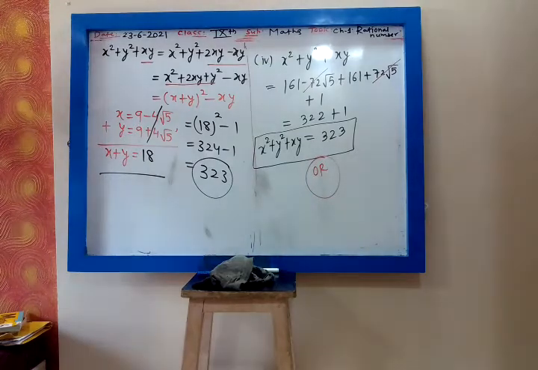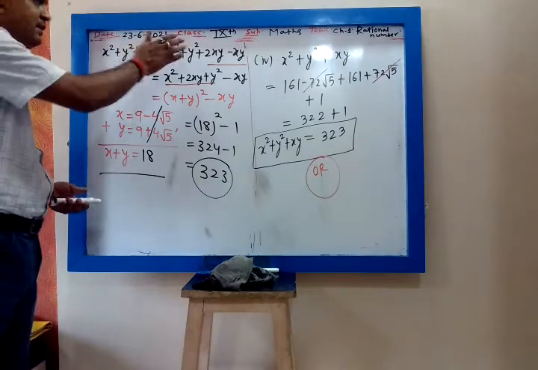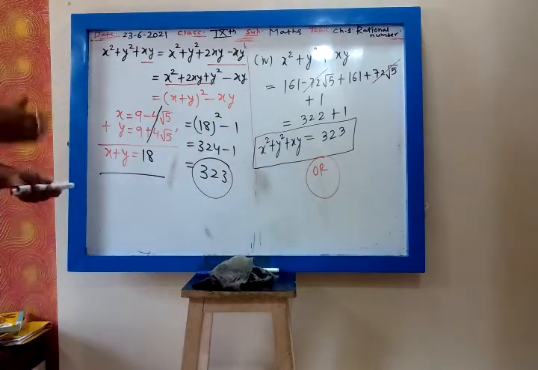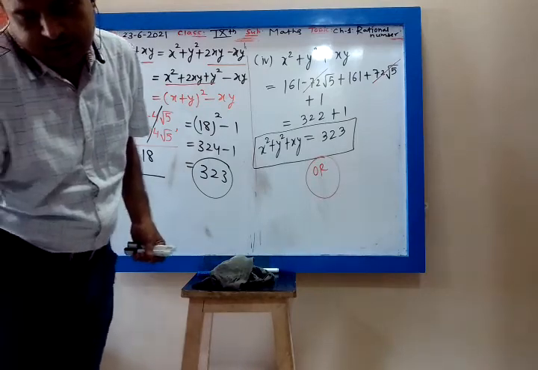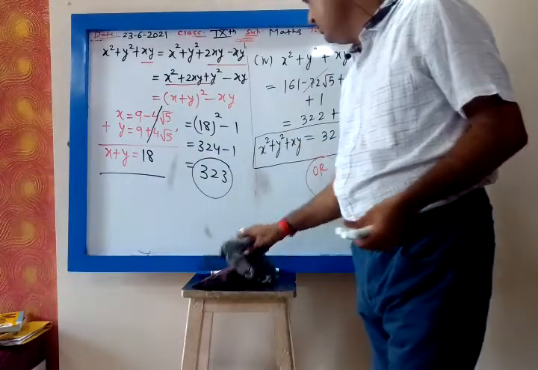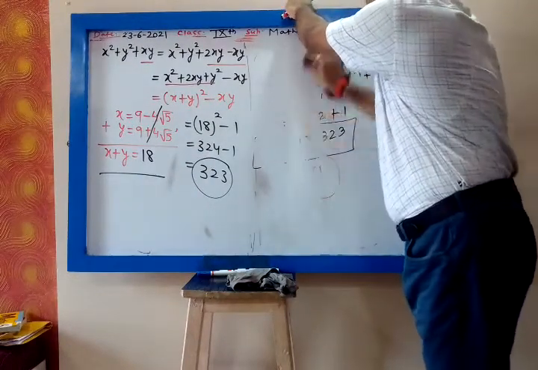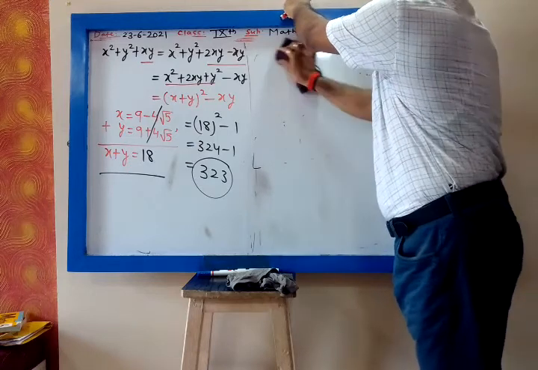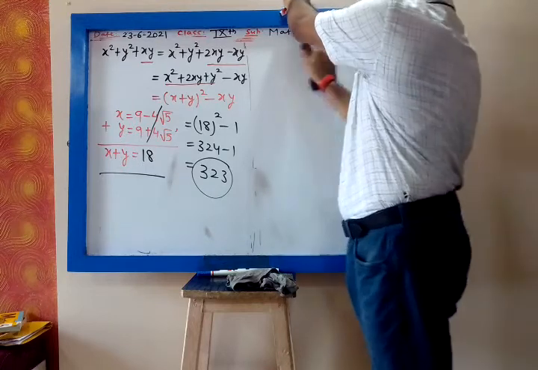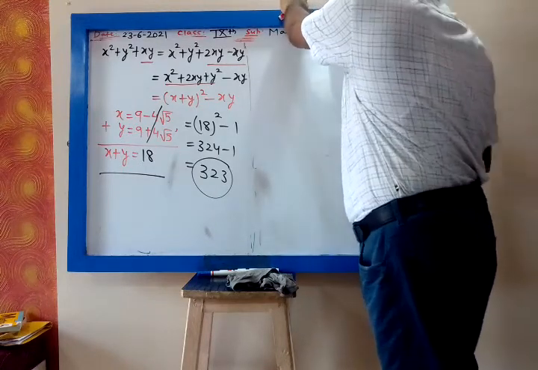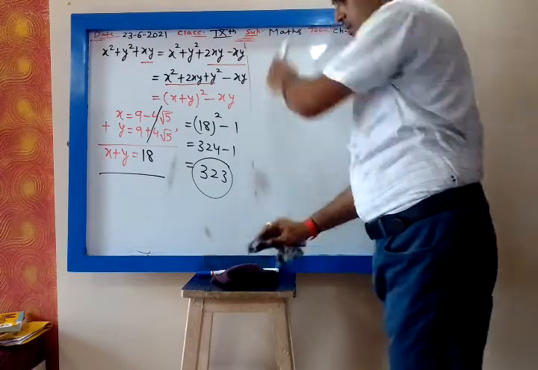Got it? This is another way I have explained how you can do this. Learn this technique also, because this will help you in further problems. You have to be familiar with all the techniques. Now 7th one I am giving as homework. Wherever you get division of two irrational numbers, don't directly square. You rationalize the denominator, simplify, and then you do the operations on that.